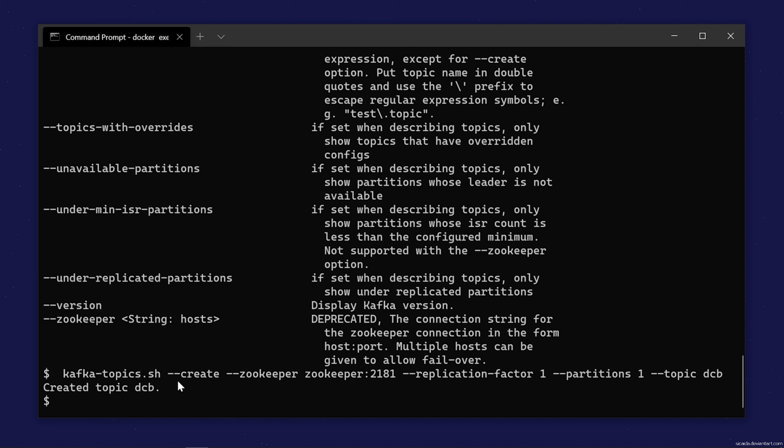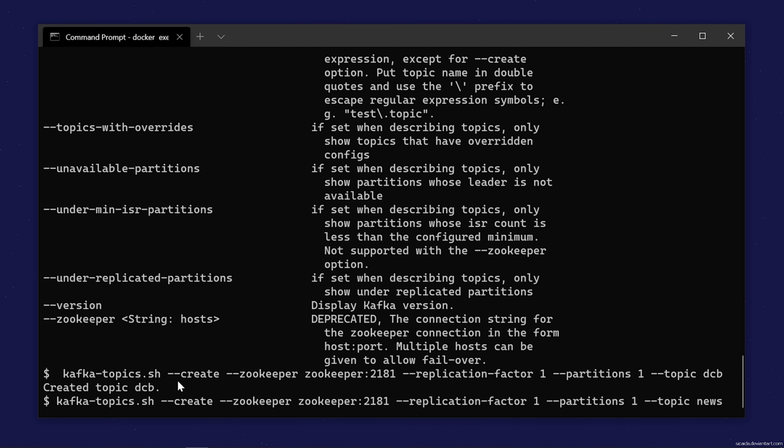Now let's create one more topic. We'll do kafka-topics.sh --create --zookeeper zookeeper:2181, replication factor 1, partitions 1, topic news.